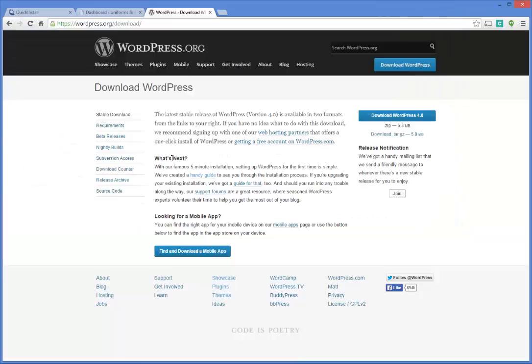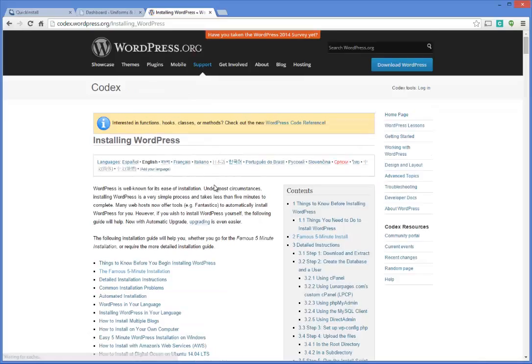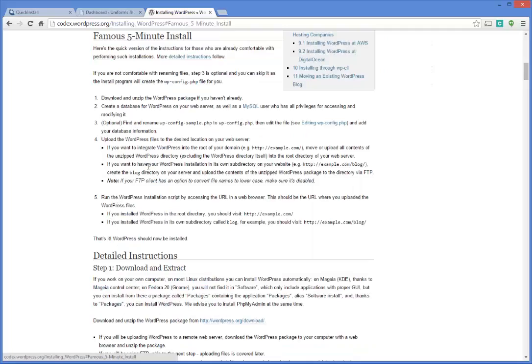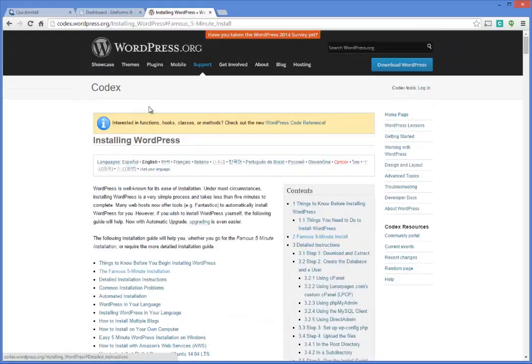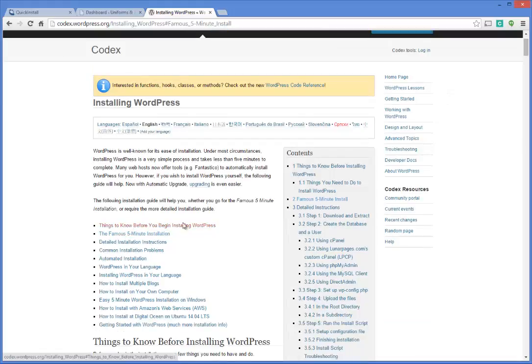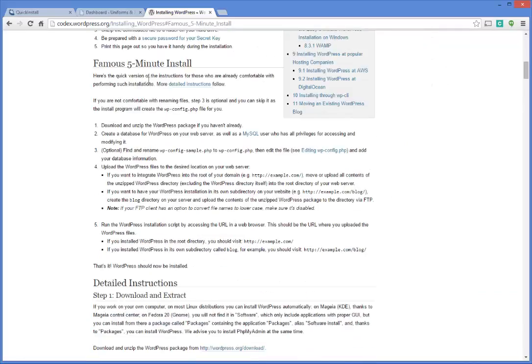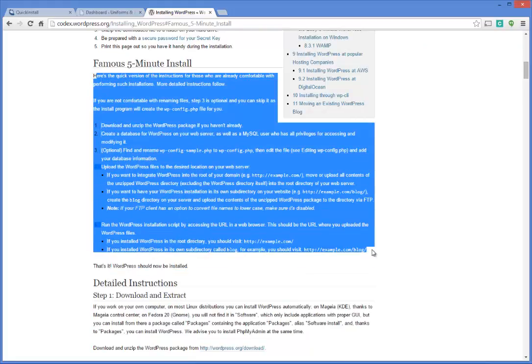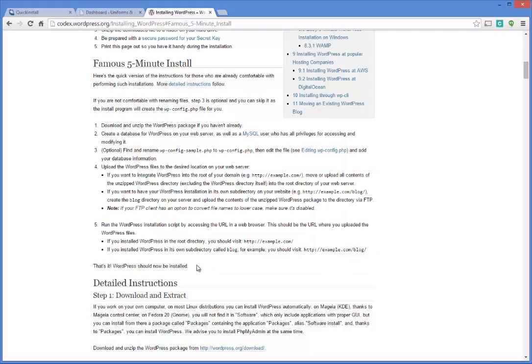And then you can follow where it says What's Next. After you download it, follow here where it says What's Next. And they've created a handy guide for you, as they call it. And you are going to look for the famous 5-minute installation. And I found that under the guide of installing WordPress. And I just looked on the second option here, or you could scroll on down to where it says famous 5-minute install, and they actually have it all listed out, the detailed instructions on how to install WordPress by yourself,